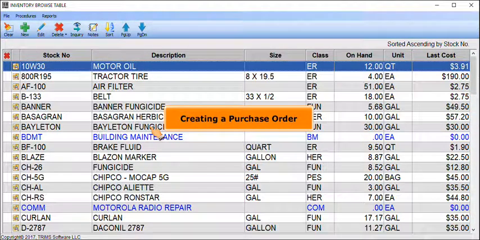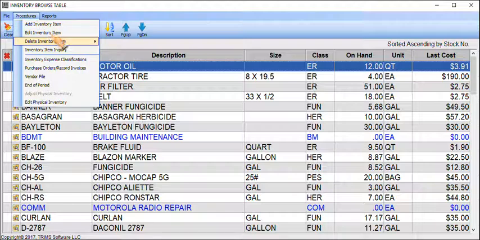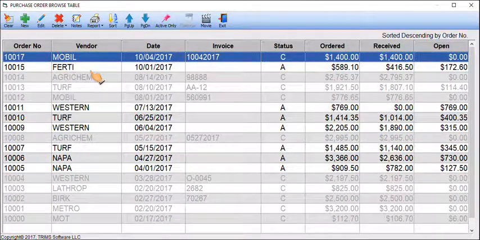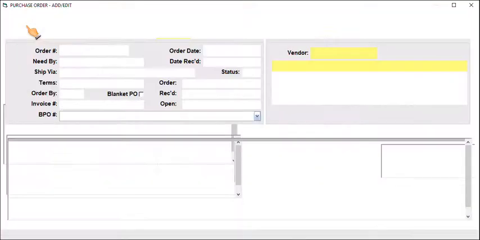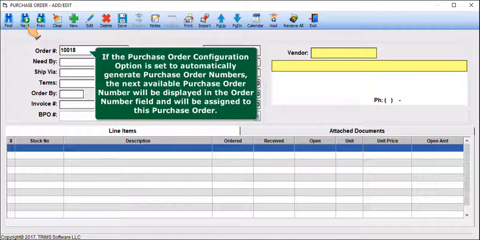To create a purchase order, go to the Inventory Browse table, click on the Procedures toolbar menu, and then choose Purchase Orders Record Invoices. From the Purchase Order Browse table, click on the New tool and the Purchase Order Add Edit screen will appear. If the purchase order configuration option is set to automatically generate purchase order numbers, the next